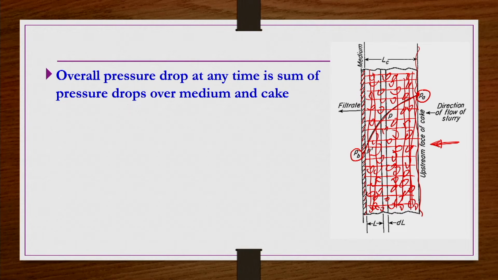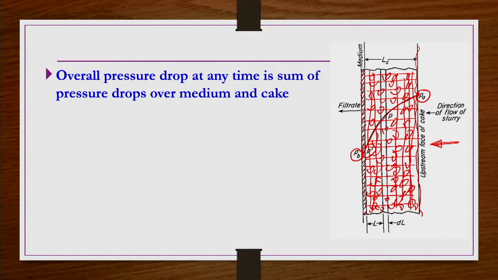Another reason is that the particles on the filter medium surface experience the largest compressive forces compared to the other sides. Moving away from the filter medium towards the slurry side, the compressive forces gradually decrease. Because of these reasons also, it is possible that we have a non-linear pressure drop.